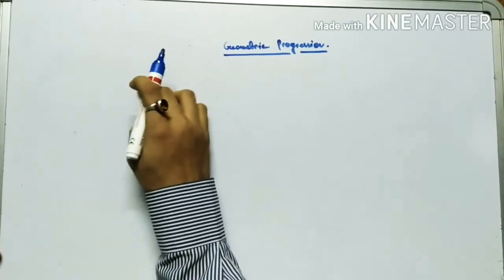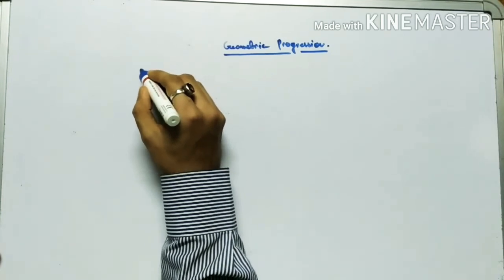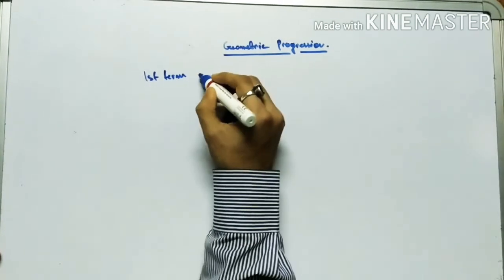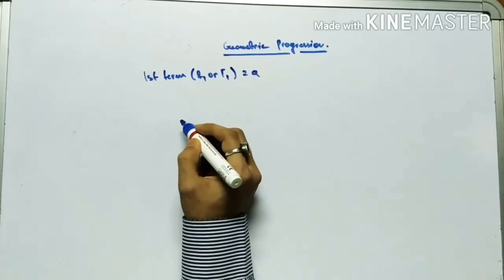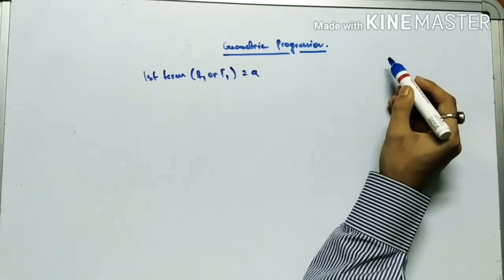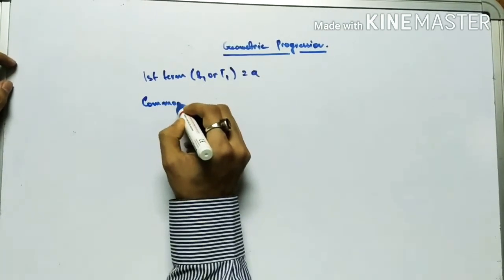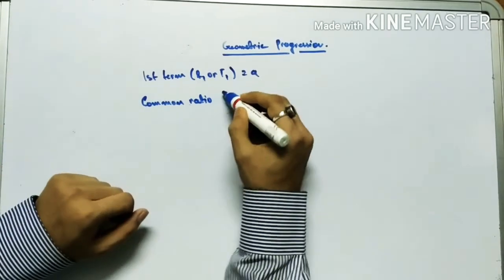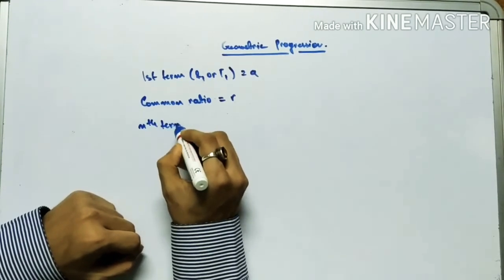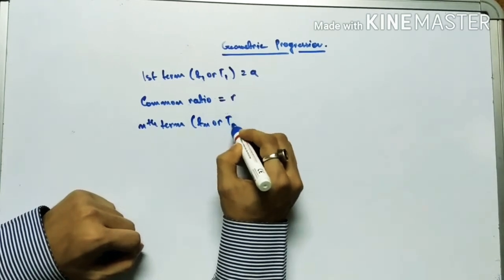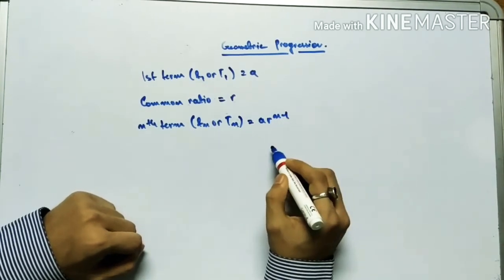First of all we will have to remember that the first term, T1, is equal to A. In arithmetic progression we used to call it common difference, but in here we will call it common ratio. It is equal to R, and the nth term Tn